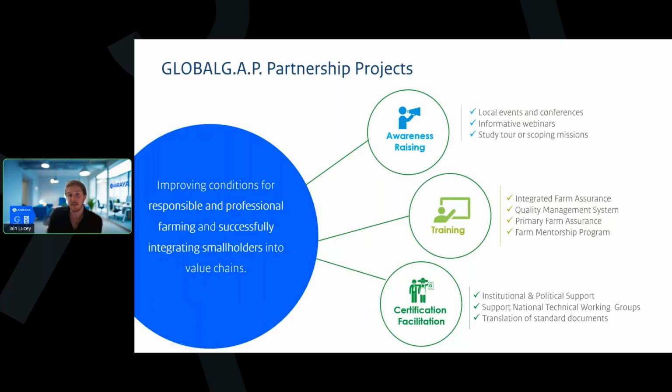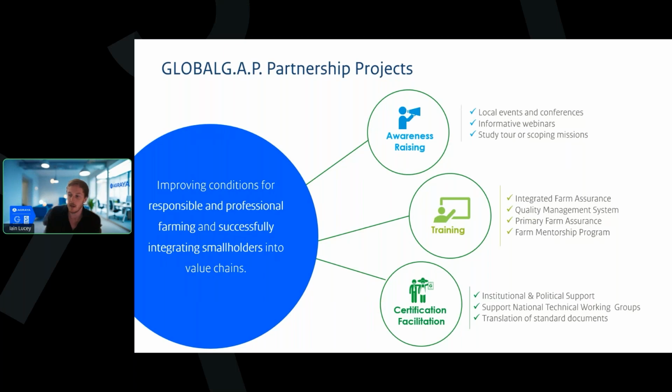So we provide training in these different standards to help prepare farmers for whichever audit it is that they are going for. As well as the training, adjacent to that, but still very important, and again, depending on the scale of the project, we're also engaged in a lot of awareness raising and certification facilitation. So we will conduct outreach potentially to farmers or to governments or to local retailers, to local producer groups and farmer organizations to help them better understand not only the role of GLOBALG.A.P. certification, but certification more broadly.